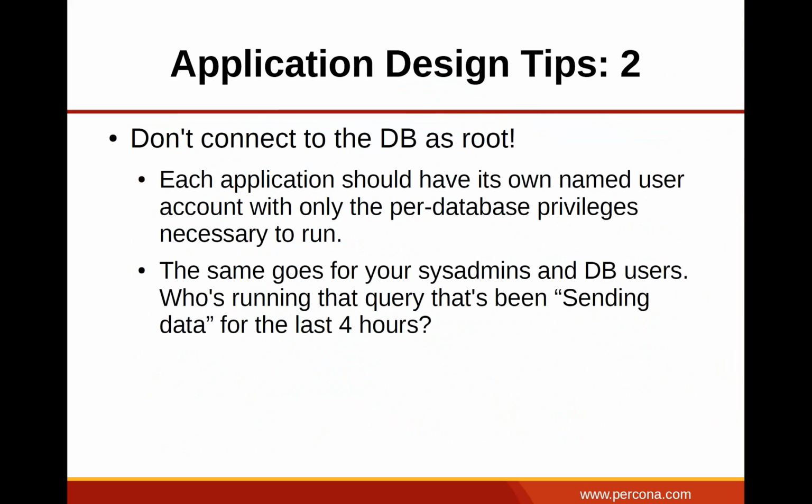And I mentioned this one earlier: don't connect to the database as root. Use named user accounts. Every application should have its own account with only the privileges it needs to run. This is the principle of least access, and it is true whether it be for your application or your sysadmins or your database users, maybe over in accounting. Aside from being a good security practice, this also gives you some ammunition to go back and say,